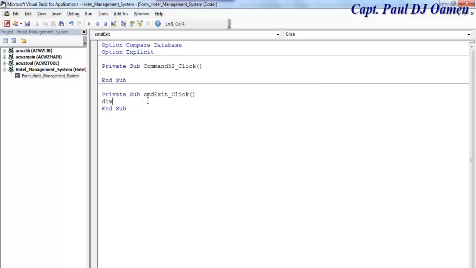So the first thing is to declare a variable. I'm going to call it iExit as VB message result. So let's say VB message result. Now, okay, then we'll say iExit equals message box